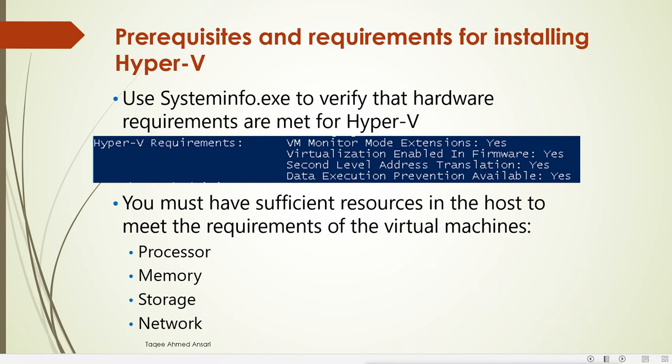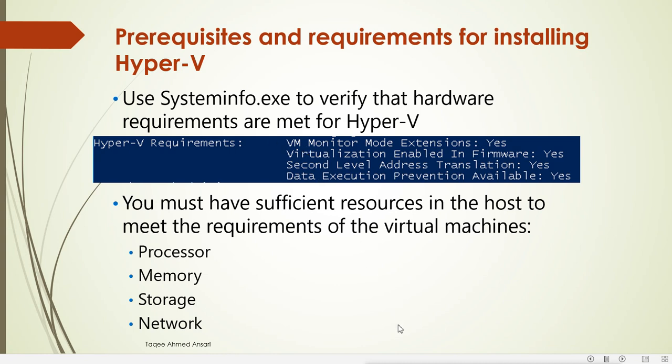So at least 4 GB RAM if you want to create one fully graphical virtual machine on our Windows Server 2016. Then the storage requirement depends on how much storage we want to give, and that depends on the application we want to install on that virtual machine, because of the operating system we create on the virtual machine, and also the application and data we want to store in it. Then a network must be there, so that we can connect the virtual machine to other servers or other resources.